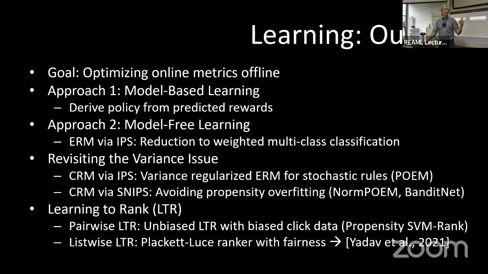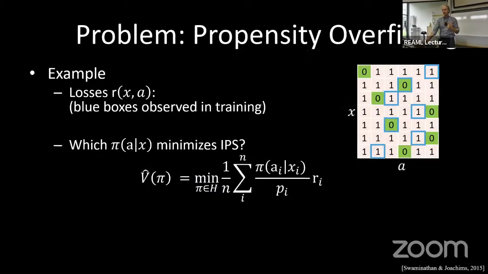We've discovered one way of avoiding overfitting. There is yet another way we can overfit in this setting. That's also novel, and that you also don't have in supervised learning. And that's called propensity overfitting. So what else can go wrong? Here's again a very little toy problem. The rows are again like examples. The columns are actions. Green are good actions, and red are bad actions, bad rewards, right? And these blue boxes are the actions chosen by my logging policy.